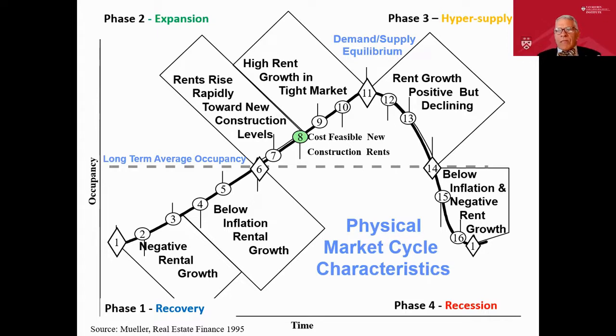After that, one of two things is going to happen. Either you're going to get an oversupply by building too much, which we had in the 1980s in office, or you get an economic downturn like the tech bubble bursting back in 2001 and 2, or COVID hitting, and all of a sudden employment drops off and therefore demand drops off. So rent growth, because you've got a tight market, starts to slow down or decline and decelerate, go back through the long-term average to low and negative rent growth as we get into that fourth phase of the recession. Next slide.